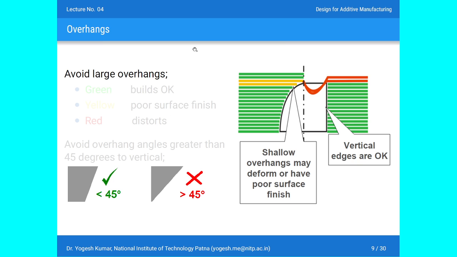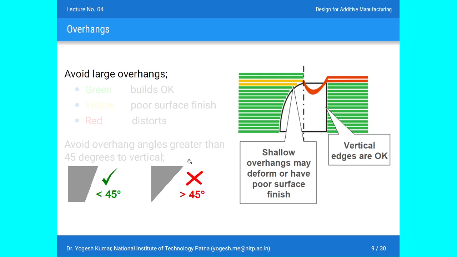Like when I was creating a slice of the component which I took yesterday, when I clicked on print with support structure, there was no support structure actually, because there was no overhanging portion in the example which I took yesterday. But you may reach a certain situation where your overhanging portion is greater than 45.